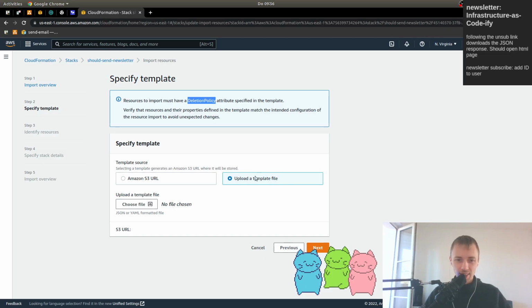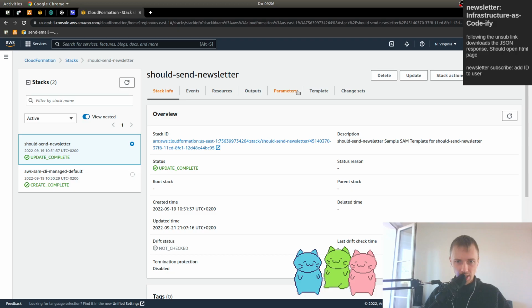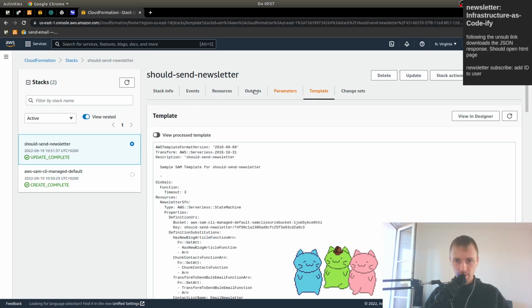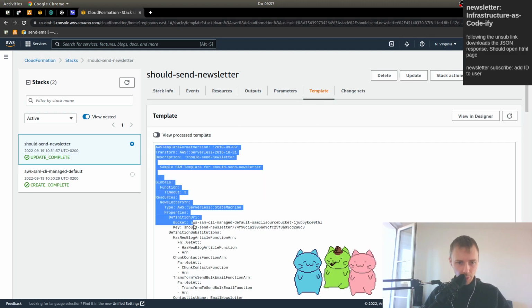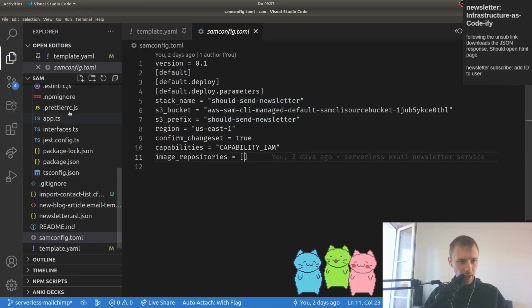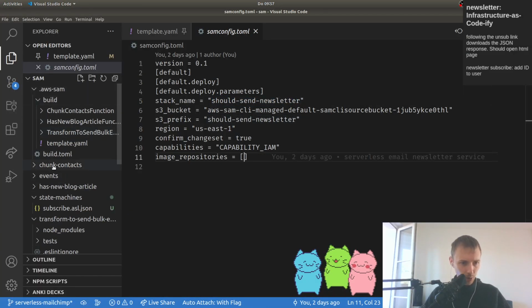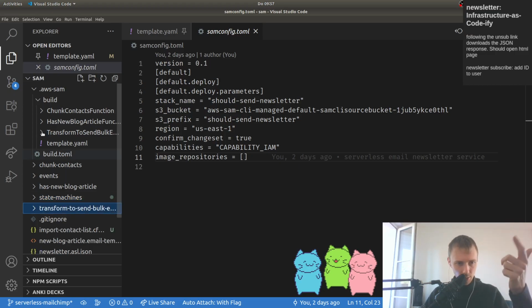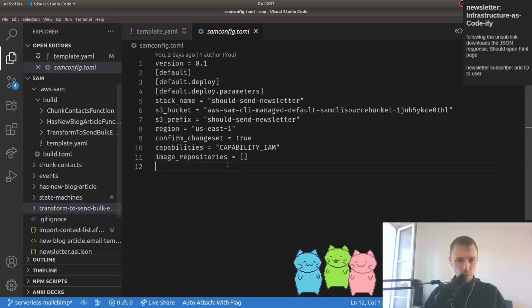So where do we get this template? One option would be to just go back into the stack, and we see here inside of the template tab a template which is actually the SAM template that we have here locally as well, and that was uploaded to the cloud. So once you run